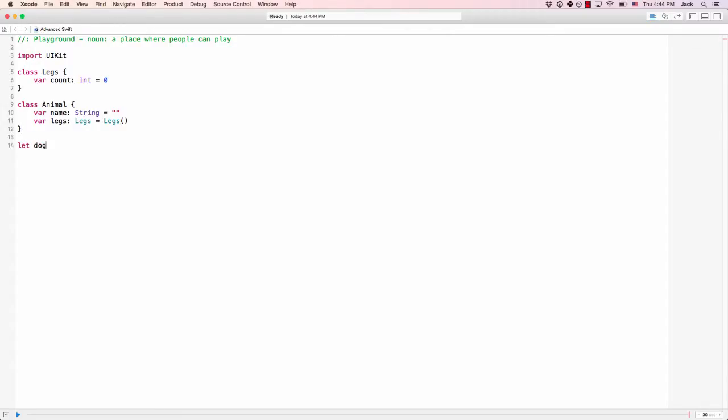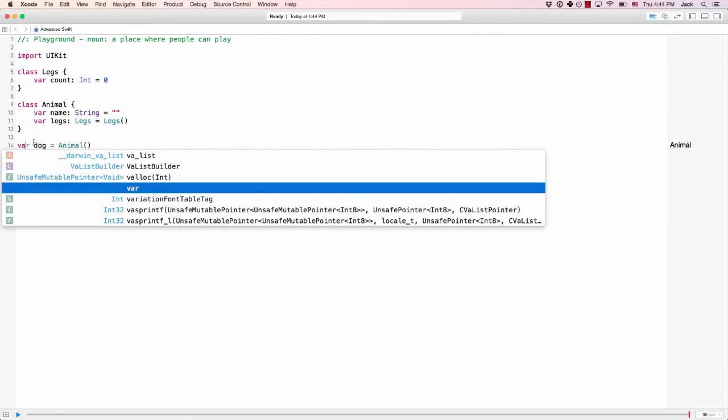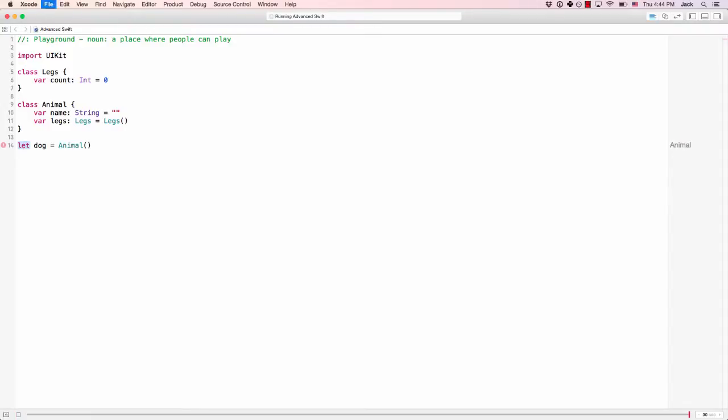an animal, right now dog holds a reference to a new animal, and when dog goes out of scope or goes away, we can't really demonstrate that here, you want the animal to be automatically deallocated. You don't want it to be taking up memory. And this is done by reference counting. When you assign it,